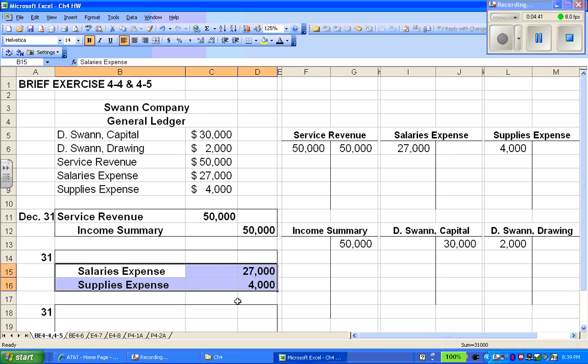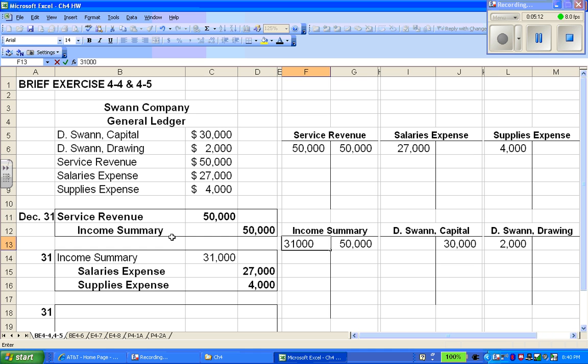All right, we have salary expense and supply expense, but now this total here of 31,000, I want to debit into my income summary account. And now my journal entry will balance, right? Okay. And so my income summary account will be debited for 31,000. Let's post that. So I have in my income summary now 31,000 as a debit,